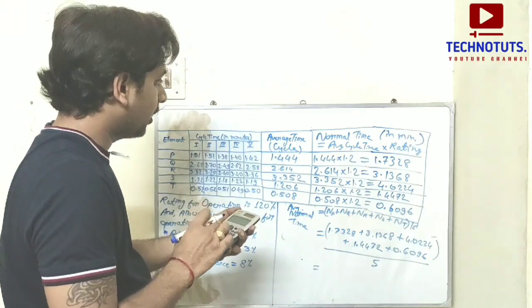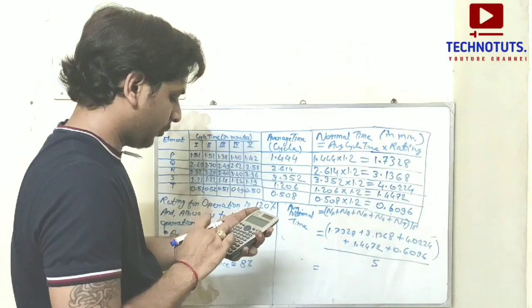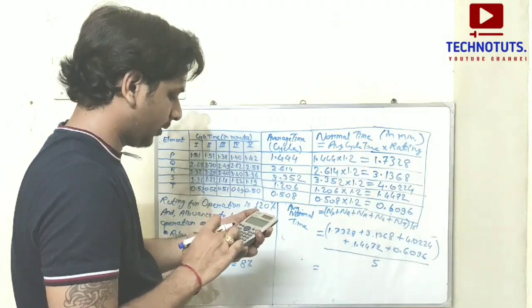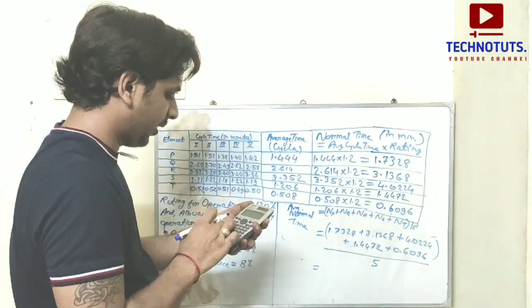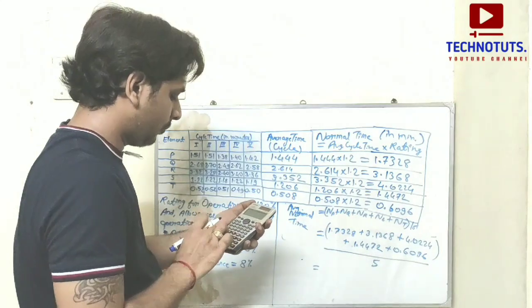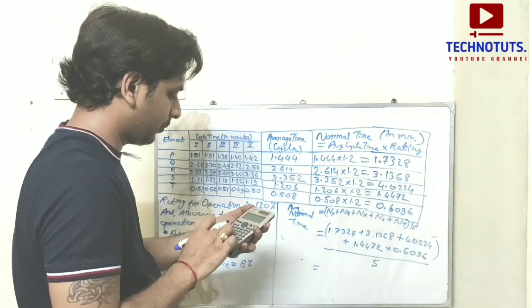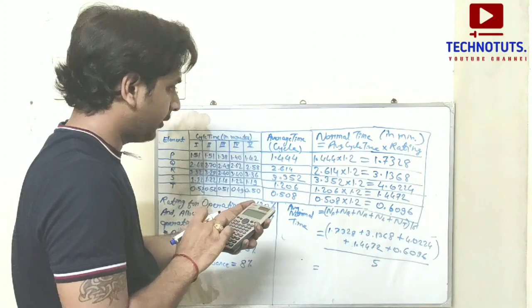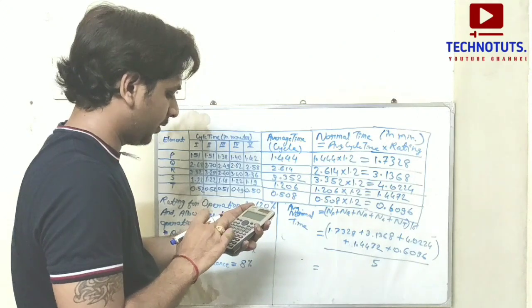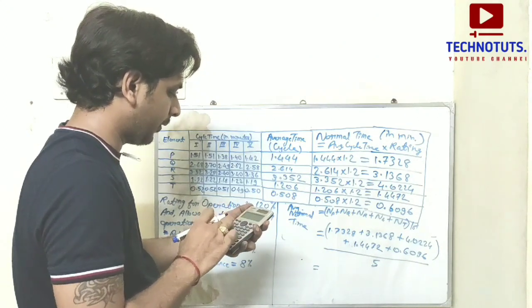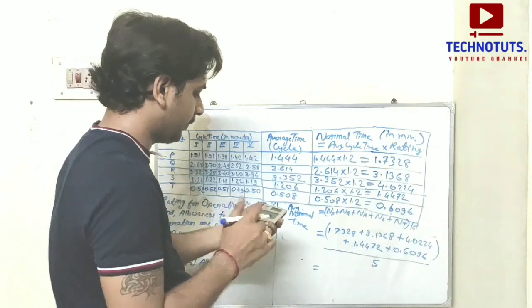Error is coming. Let me enter again: 1.7328 plus 3.1368 plus 4.0224 plus 1.4472 plus 0.6096, whole divided by 5. The value is